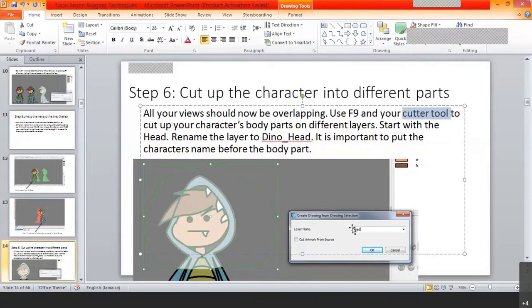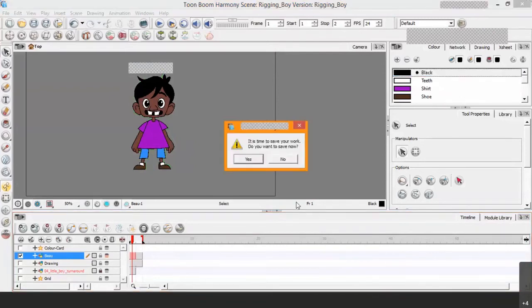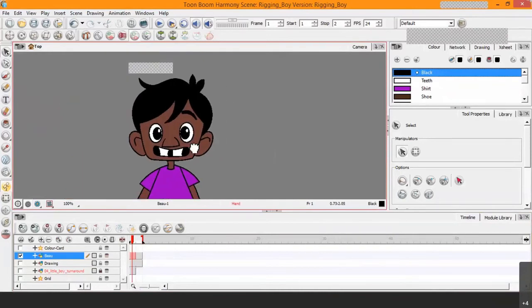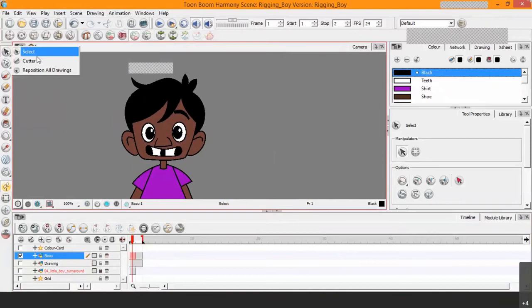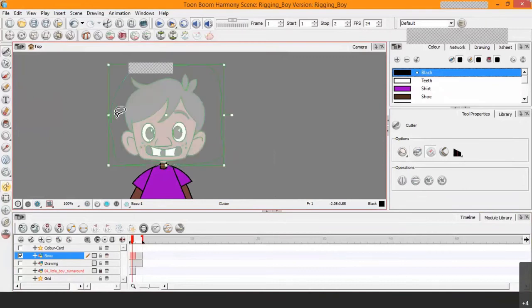So I'm going to start off with the front view for the character. I don't need to use the onion skin anymore, so let me turn that off, and I'm going to zoom in. I'm going to start off with the head. I'm going to go over to the cutter tool and draw a highlight around the head. So notice I'm highlighting the head of the character. Now the head of the character is highlighted with the cutter tool. I'm going to press function 9, F9,